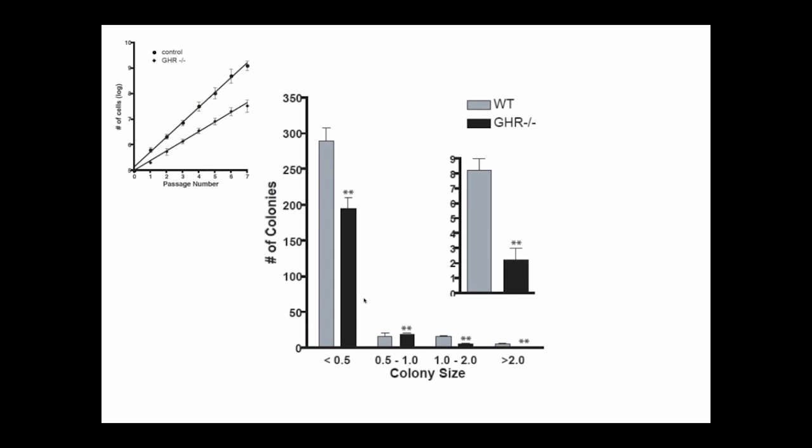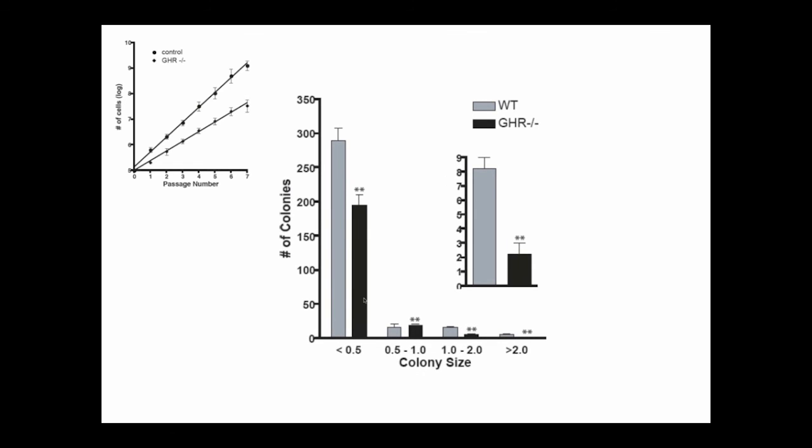We could use the colony forming assay to look at those cells, serially passaging cells in tissue culture. On the right-hand side, it compares the wild type to the growth hormone receptor knockout animals, looking at the numbers of larger colonies that exhibit stem cell characteristics in tissue culture. And again, as we would expect from the serial passage data,